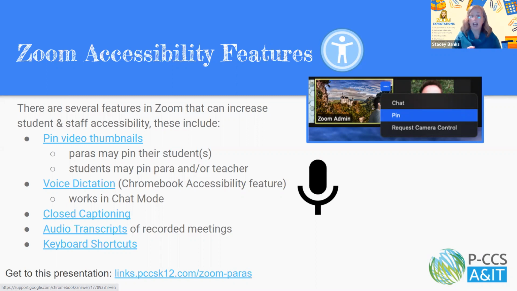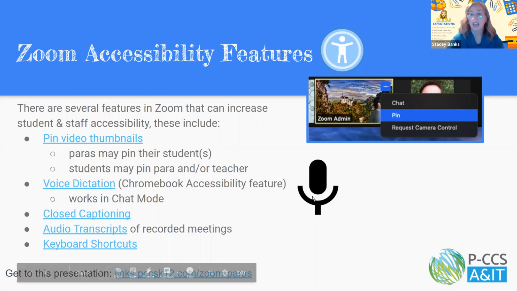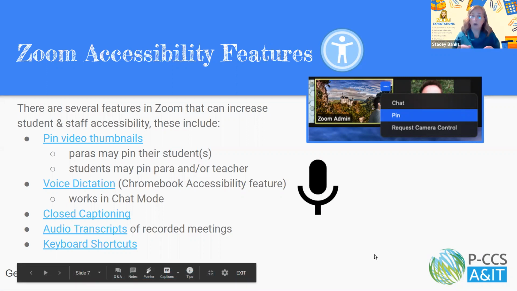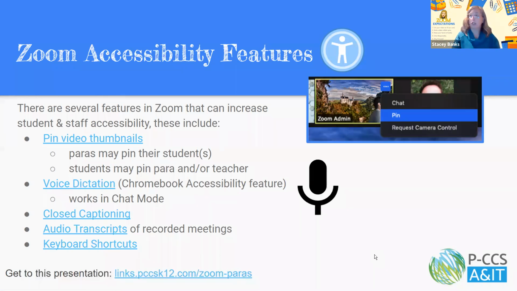It will tell you how to turn on that Chromebook accessibility feature. What this does is it gives them a little microphone in the lower right-hand corner of their Chromebook that will allow them, in the chat mode, to click on that and voice type into the chat. I know for some students, it is very difficult for them to type into the chat while they're trying to listen to a video or while they're trying to be in a Zoom meeting. And so that gives them the ability to quickly voice type into that chat, which helps them be more engaged